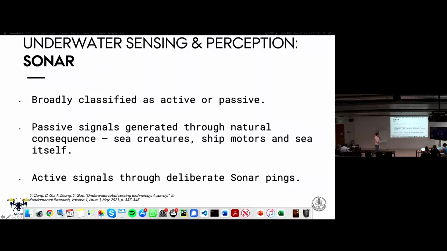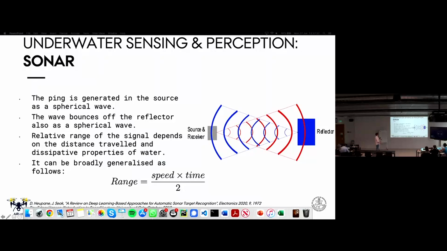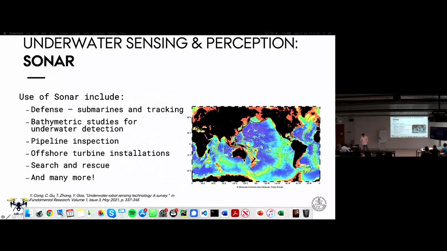So a ping is generated at the source, in the form of a spherical wave. The wave then bounces off some reflector and comes back as a spherical wave at a reduced rate when it comes to energy. The relative range of the signal would depend on the distance traveled and the dissipative properties of the water, but can be broadly generalized with this equation: range equals speed times time over 2. So this is just a basic understanding of the sonar. Some of the uses for sonar, obviously I've mentioned defense,